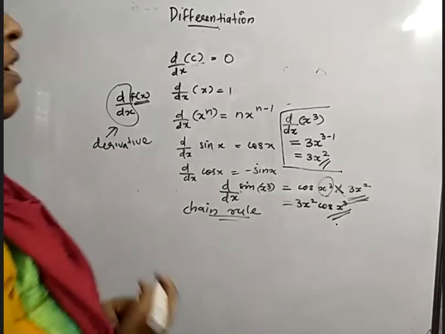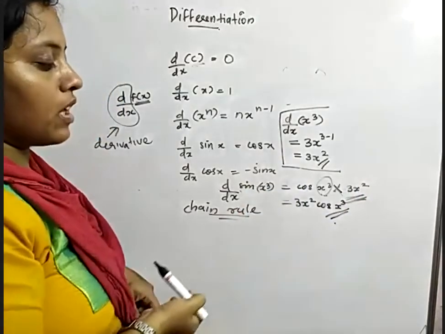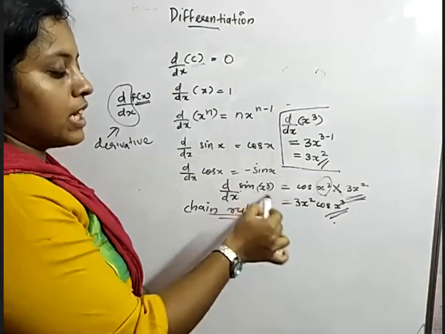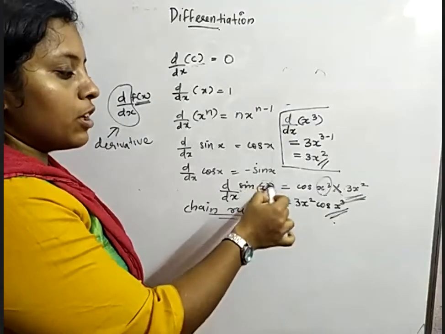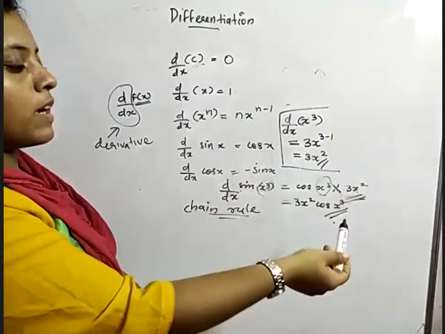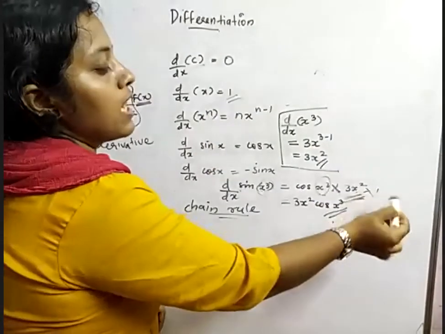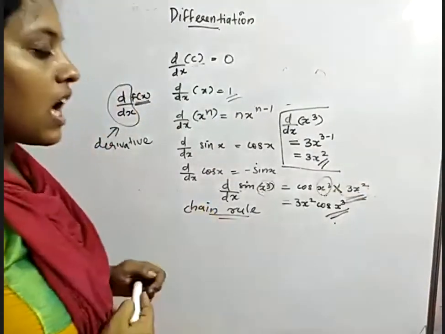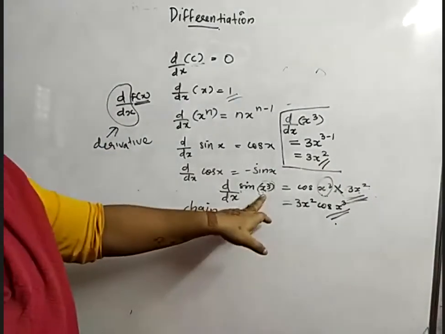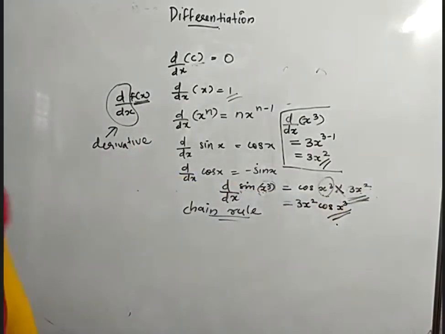Okay, now see here, we have a function x cube. So we are taking the derivative of x cube here. But x is another function. Why are we not multiplying with the derivative of that? What is the derivative of that? The derivative of x is 1. That's why we are not writing that here. Otherwise, if it is some other function, you need to multiply that with the derivative of that also. Okay.